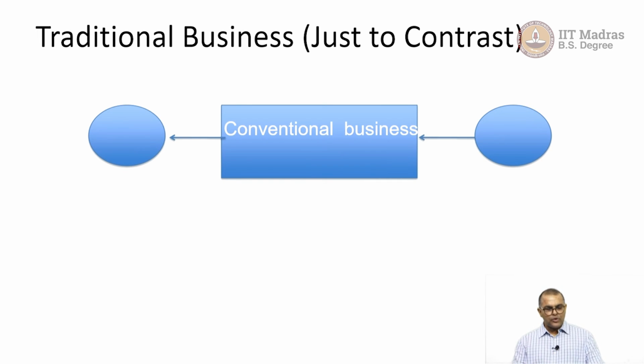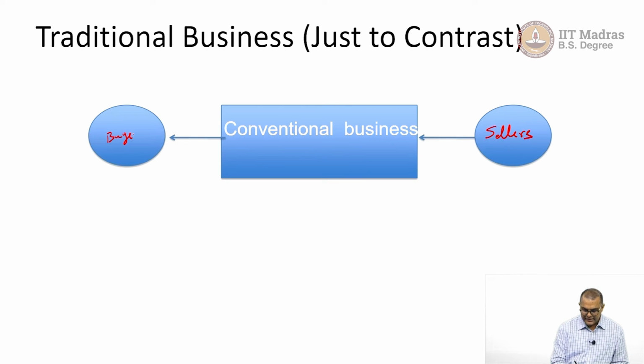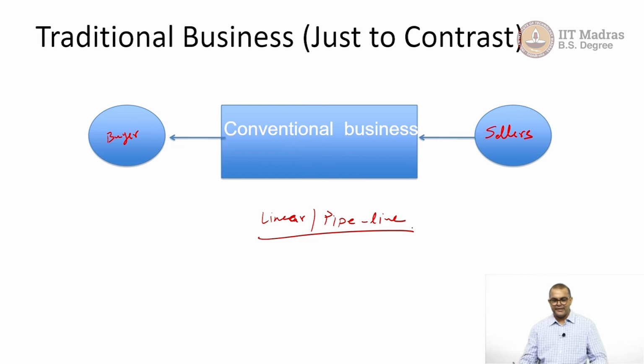Now we would like to compare the platform business with a traditional business. Before we proceed further, it is a good idea to contrast a platform business with a traditional business. One can say that a traditional business is like a pipeline. It's a linear business model, or pipeline. What do I mean by a linear business model? Think about the traditional way of renting a car: perhaps there is a taxi service provider, or there is a standalone taxi driver who owns his taxi.